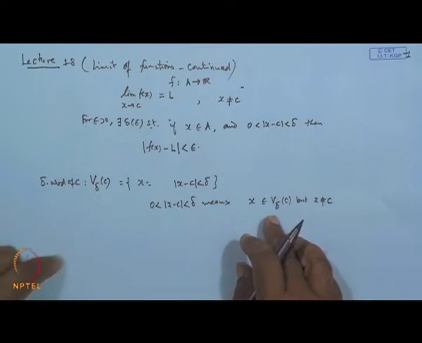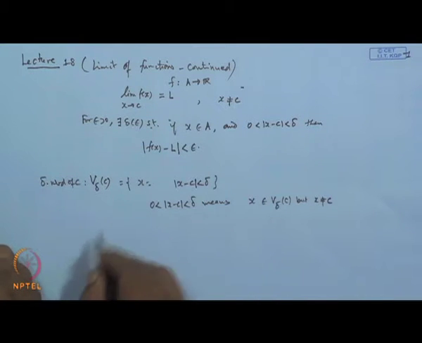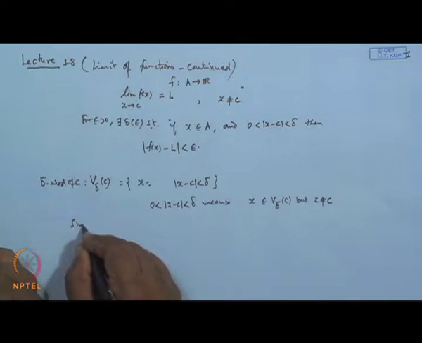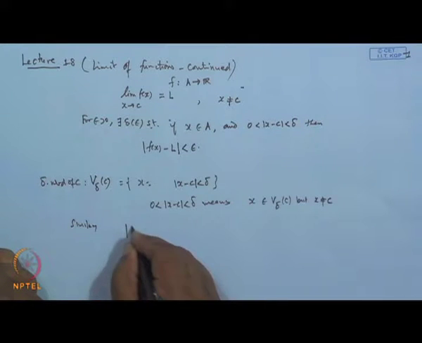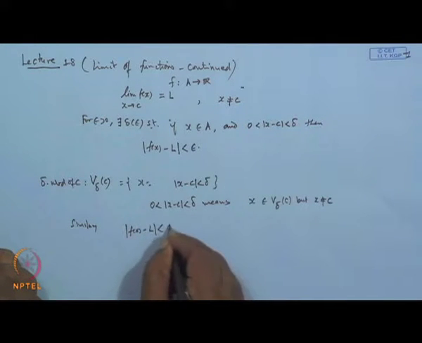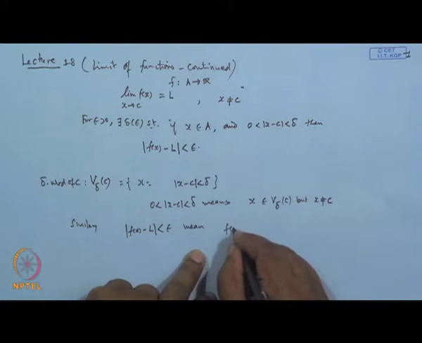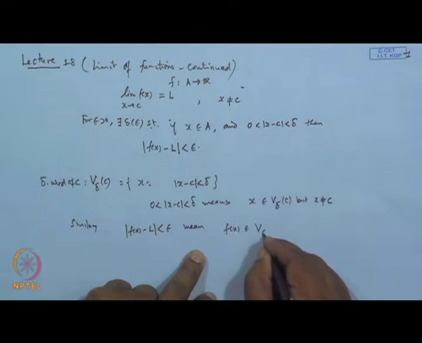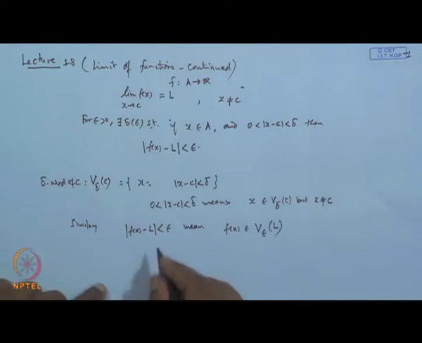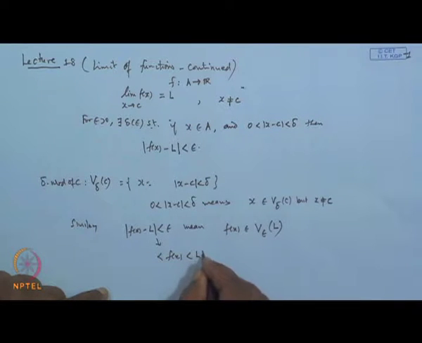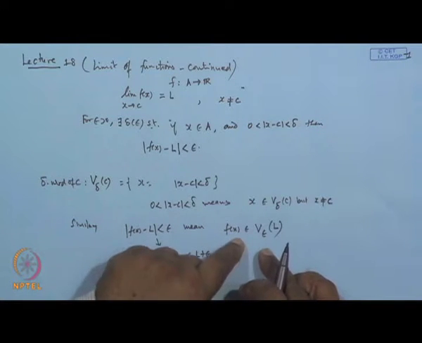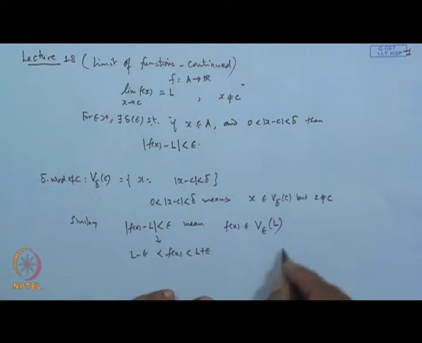So, it lies in the delta neighborhood of c, and similarly |f(x) - L| less than epsilon means that f(x) belongs to the epsilon neighborhood of L, because the meaning of this is that f(x) lies between L minus epsilon and L plus epsilon. So, f(x) lies between these. It means that if we have this function,